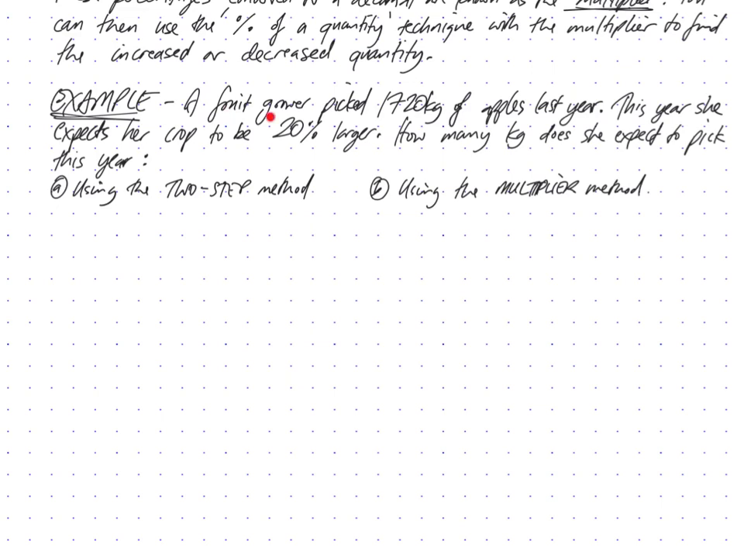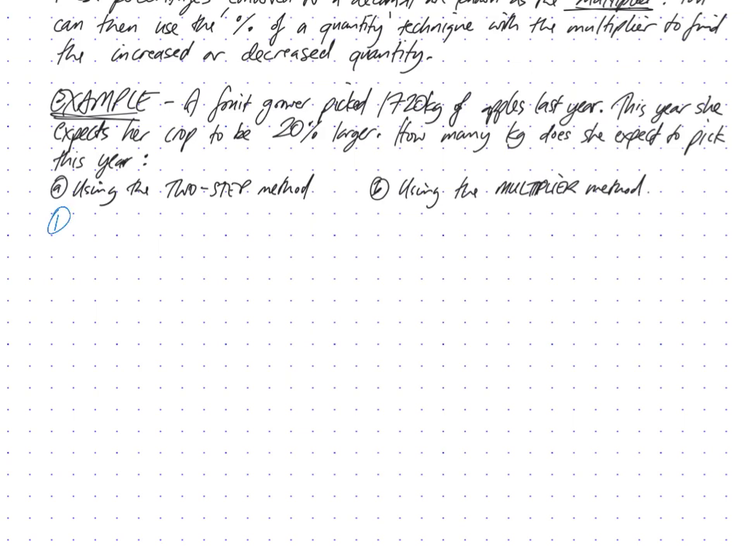You've got a fruit grower who picked 1720 kilograms of apples last year. This year she expects her crop to be up 20%. How many kilos does she expect to pick this year? So we're going to use the two-step method first, then you use the multiplier method after. So the two-step method says one,